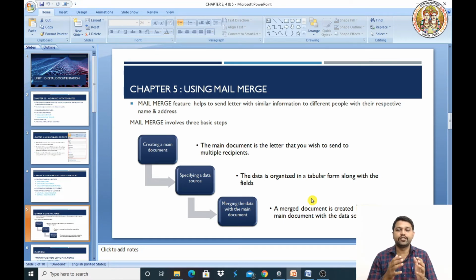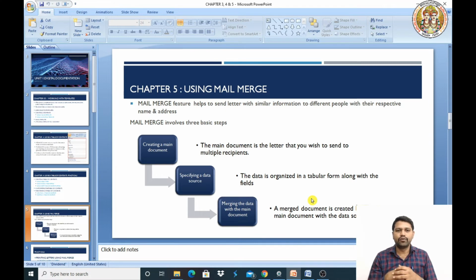For example, it should be in a tabular form. The name, address, all those things should be prepared as a database. That I'll show afterwards. The last step is merging the data with the main document. That means whatever we stored in the database should be displayed in the main document. That is the last step.